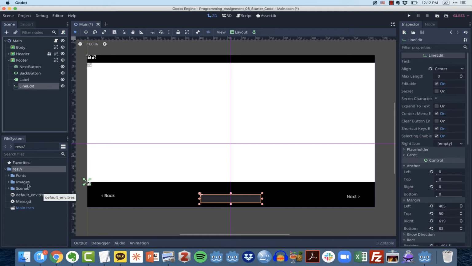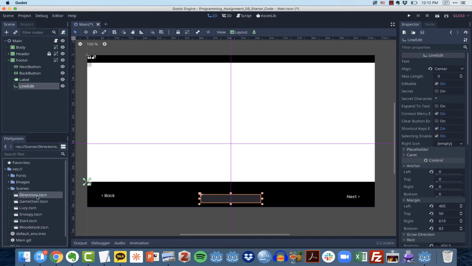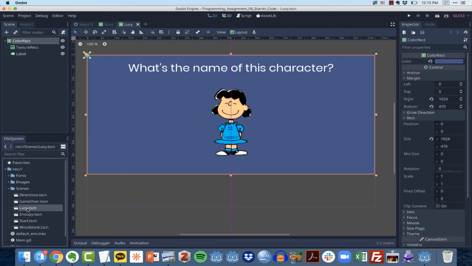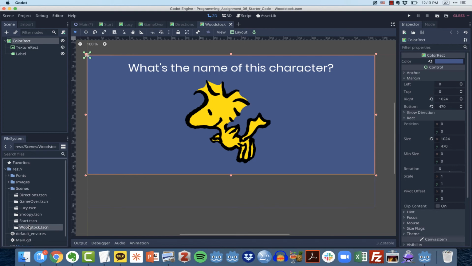In the resources file, if we look down here, there are a number of scenes that are already created for you. There's a direction scene, a game over scene, a Lucy scene, a Snoopy scene, a start scene, and a Woodstock scene. You can click on any of these to see them, and what your goal, of course, is to